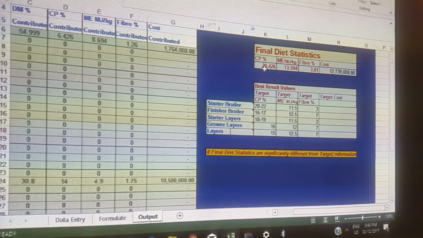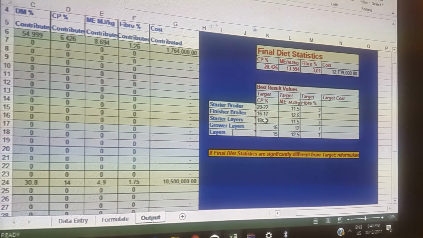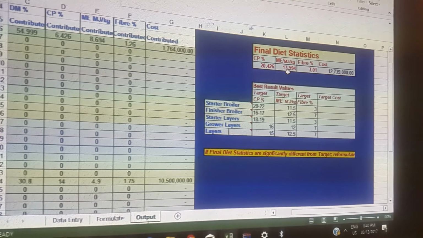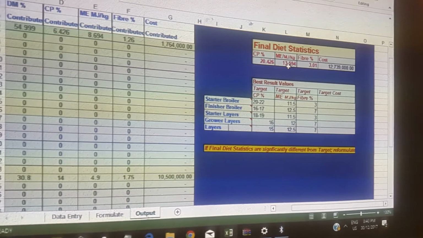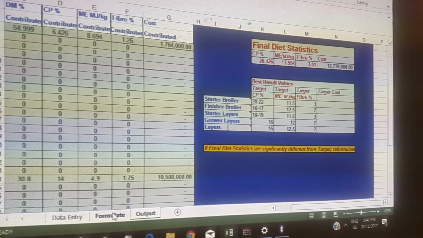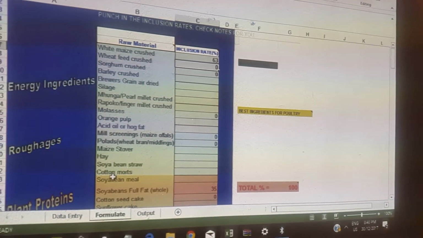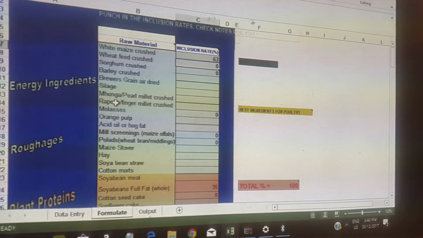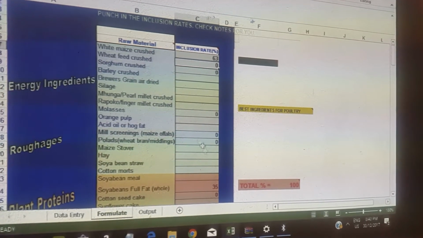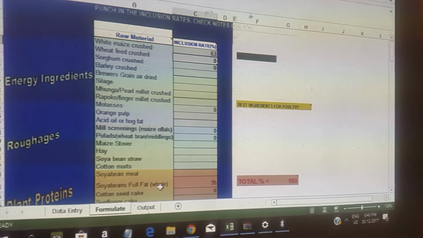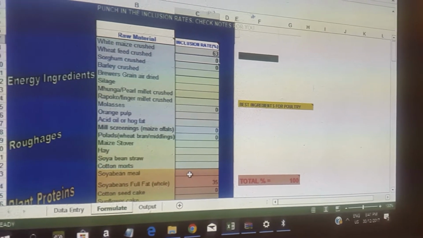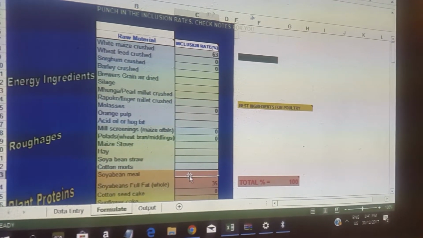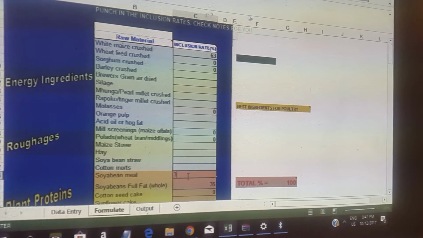So we've got our crude protein there at 20 against 20 to 22. We've got our energy there against 11.5. Remember, you can still lower it down. And on there, I've used maize and more of soybean whole fat. I could have used maybe soybean meal. Let's put soybean meal there at 35